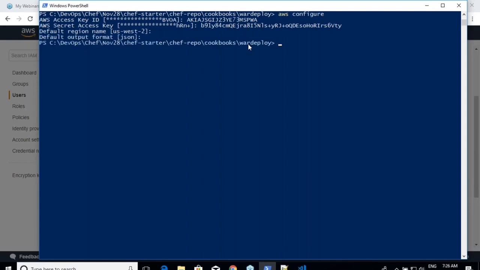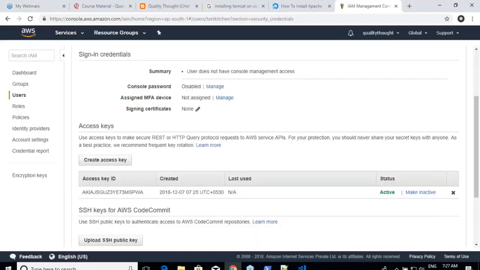So the first thing is now my kitchen can speak with AWS when I configure this. If you don't configure this, whenever you try to run kitchen, it will tell you that it is unable to authenticate because it doesn't know who you are. Am I clear? In an AWS account, whenever you are logging in, you give email and password, right? But kitchen doesn't use your email and password. It uses the secret key and access key to get into AWS. Wonderful. Okay. So the first part is done.